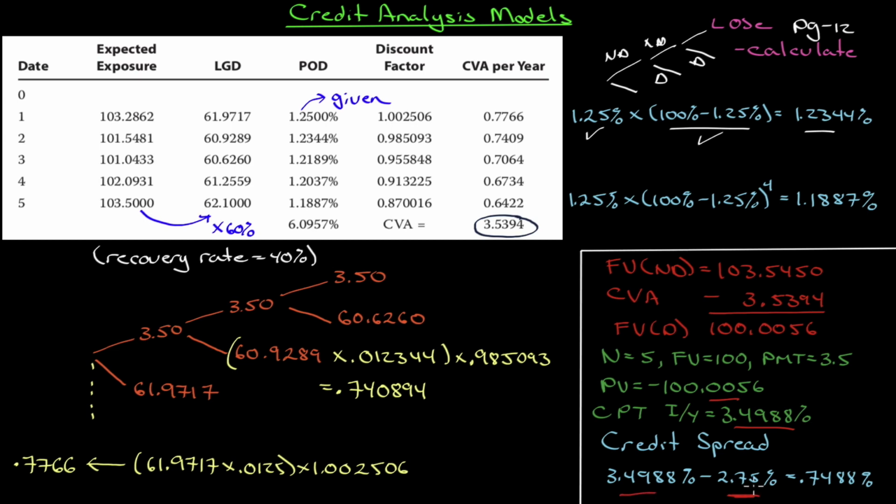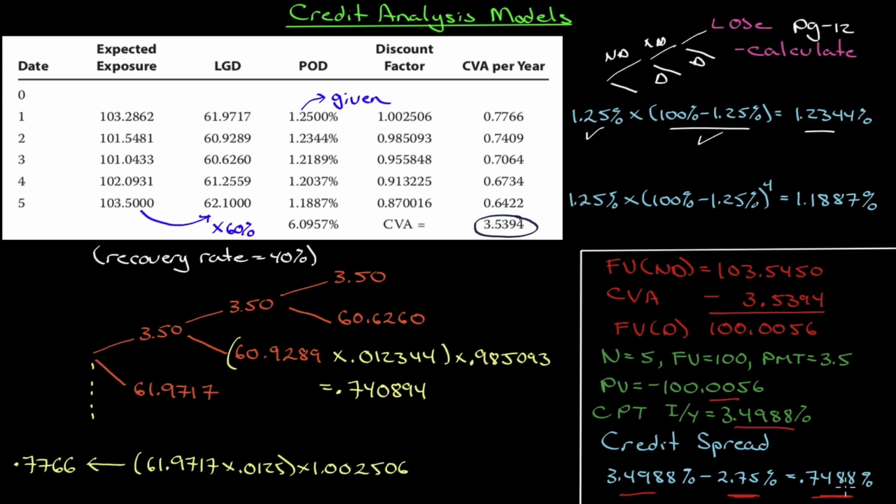3.4988. Remember, we were looking at a 5-year government bond. We priced that out first in Exhibit 11. We got a par bond. 2.75% par bond. So 3.4988 minus 2.75, there is our credit spread,